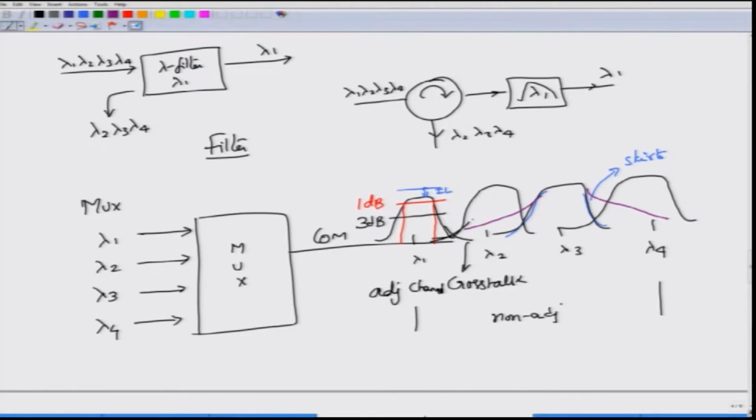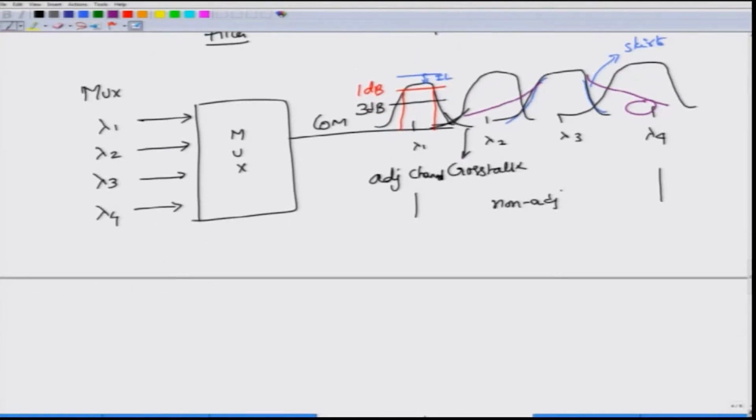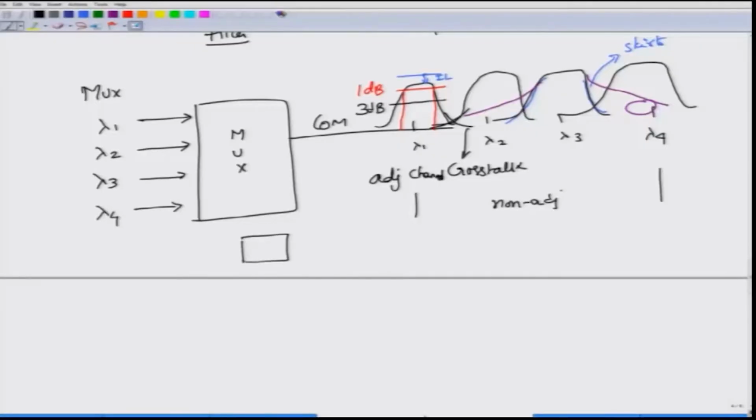This is bad for me because it means that there is a significant amount of crosstalk into the neighboring channels. The goal of multiplexers would be to try and make this passband skirt, in fact for the filters also, make the passband skirts as narrow as possible. One other problem that actually occurs with filters is that if I consider the same wavelength filter but I cascade